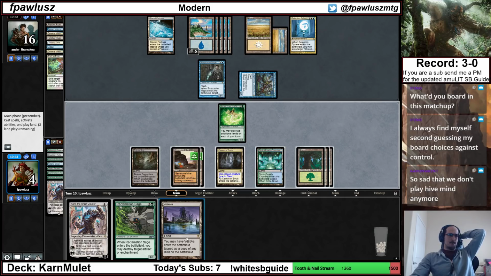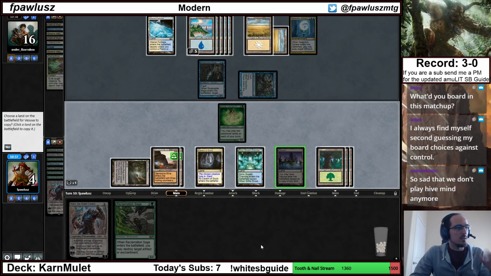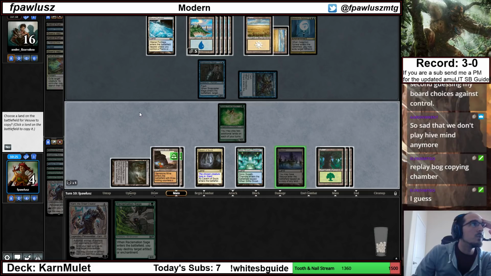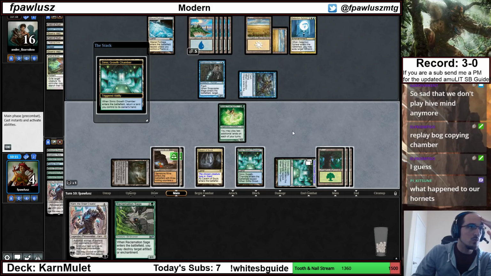God damn it. 1, 2, 3, 4, 5, 6, 7. So that's Logic Knot for 5. Do I play around Snapcaster? If they had Snapcaster, they probably would have attacked with this guy too. So I think it's going to be better for me to...